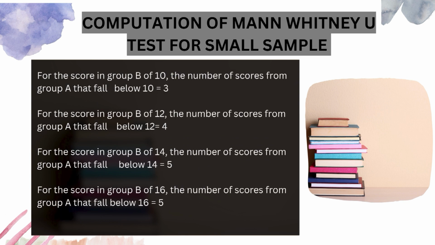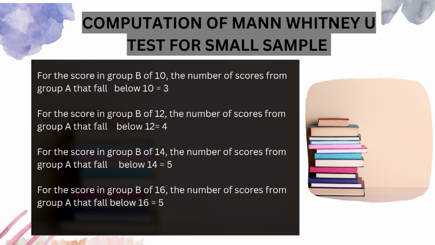For the score in group B of 10, as you can see in the previous table, the number of scores from group A that fall below 10 is equal to 3, and for the score in group B of 12, the number of scores from group A that fall below 12 is equal to 4, and for the score in group B of 14, the number of scores from group A that fall